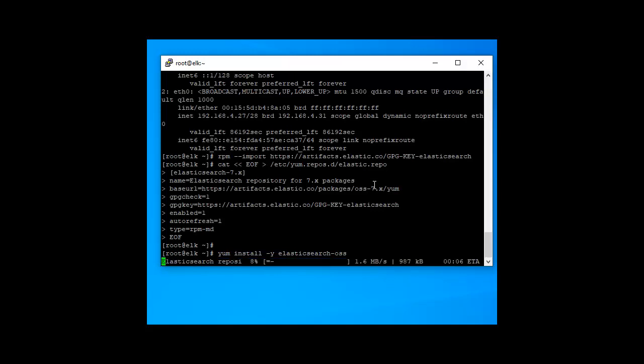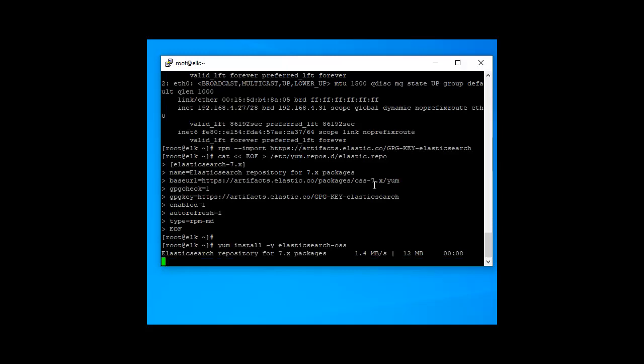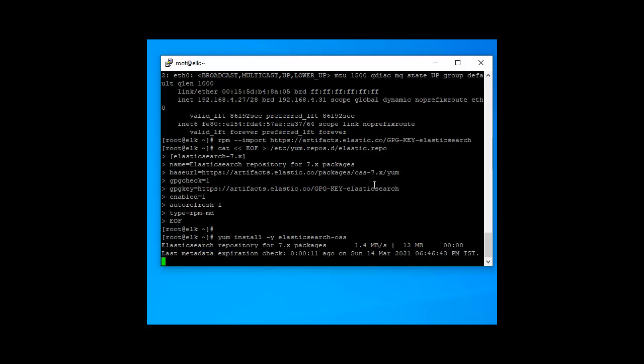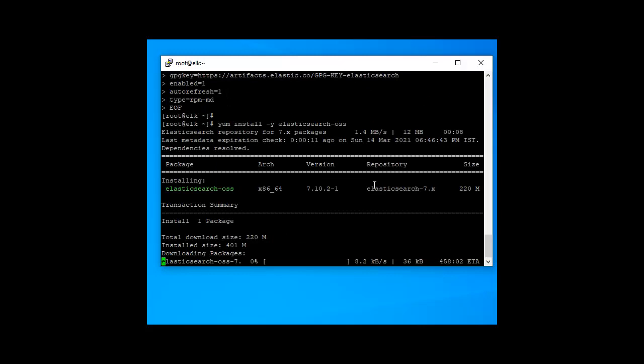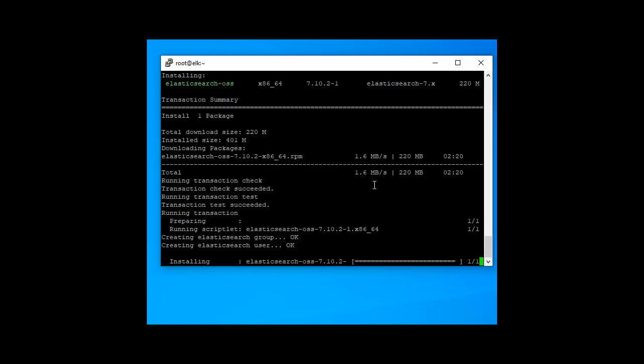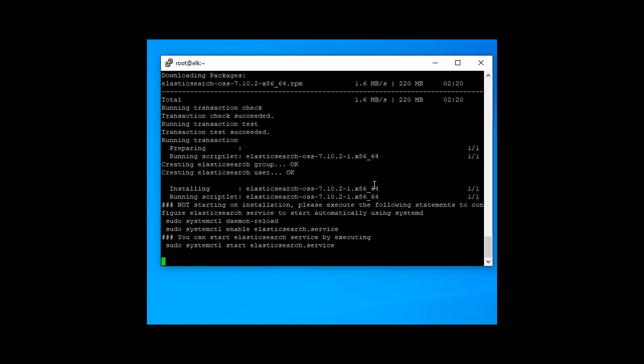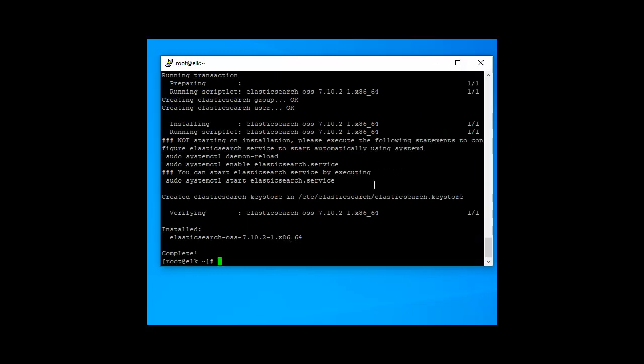Press enter. So now the installation is completed.